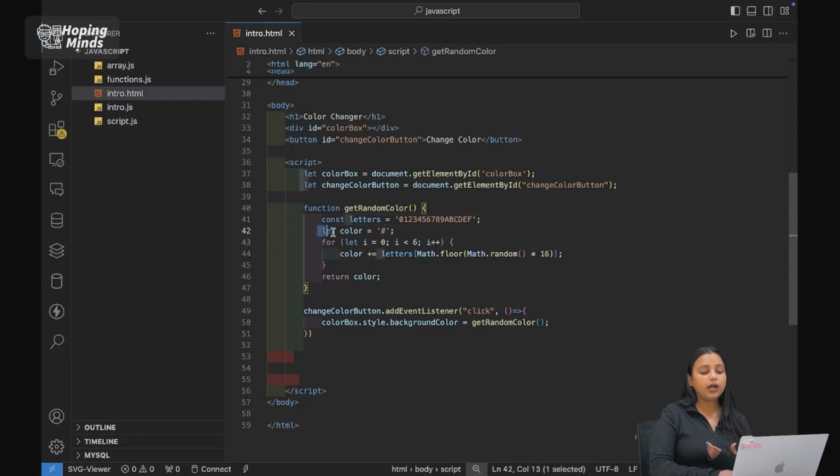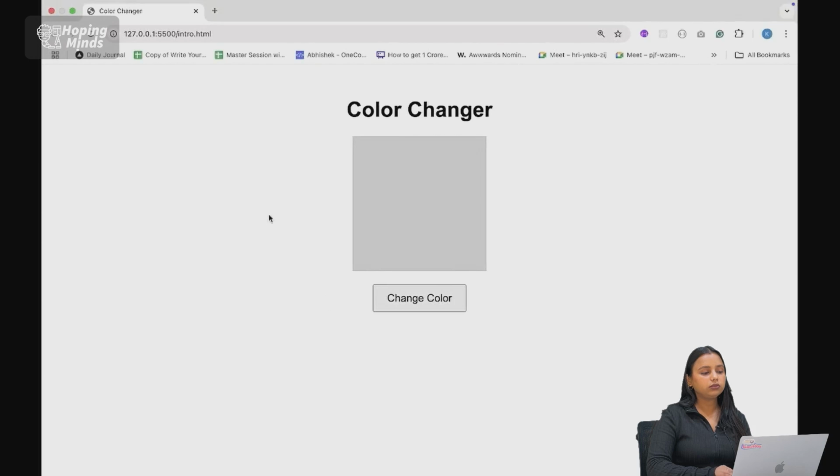I know that every color will have a hash before it. So I add a loop which starts from 0 and goes till 6 because there are 6 elements. Math.random generates random numbers, and Math.floor converts them into integers. After that I'm adding an event listener to the button and changing the color accordingly.